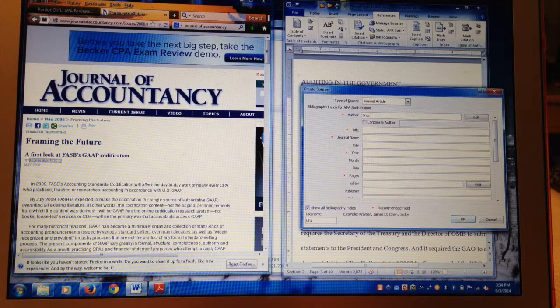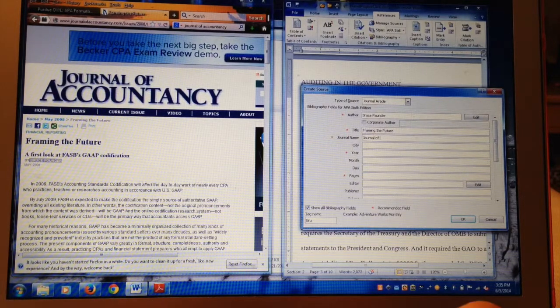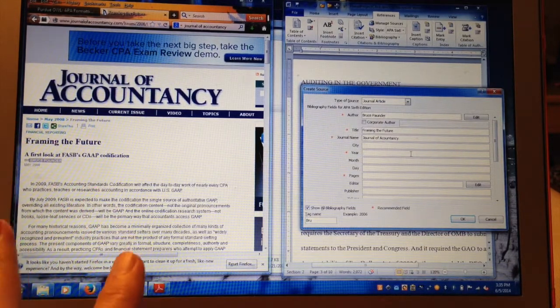Now, if you have more than one person that is the author, then the best thing to do is go over to where it says Edit, and it will bring up another box that allows you to enter multiple authors. Then the title, Framing the Future, the name of the journal, the year, and again, some of this information you will get from your websites, and